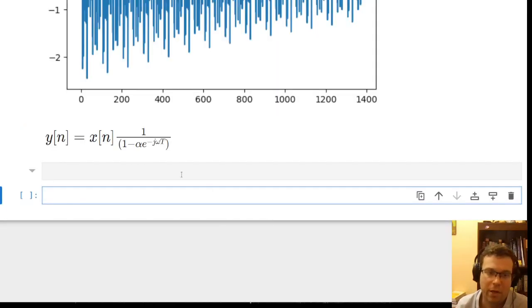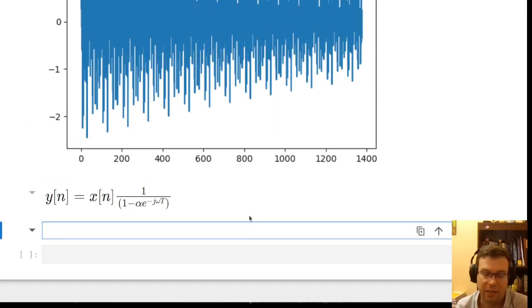Okay, now there's one more thing I want to say mathematically about this example. If I'm looking at this equation, it's called the transfer function. What do I do to the input to get the output? If I look at this, I might realize that this is the result of an infinite geometric series. In particular, if the absolute value of alpha is less than 1,